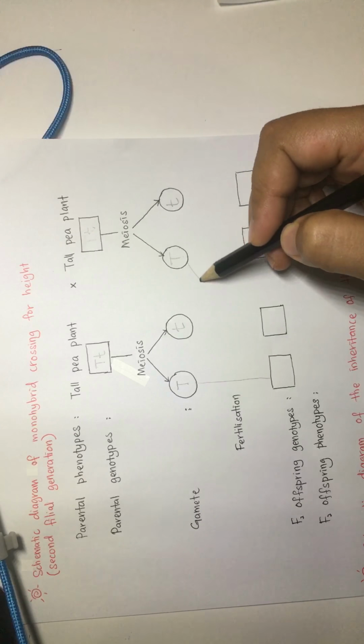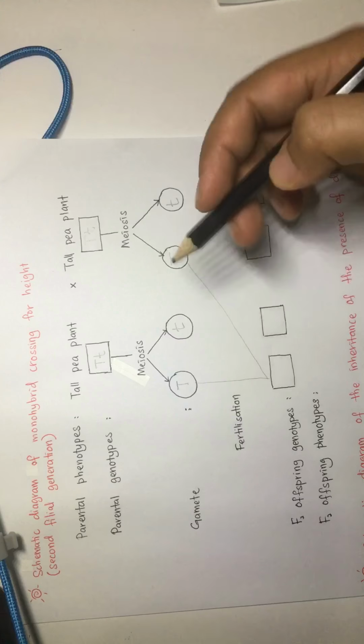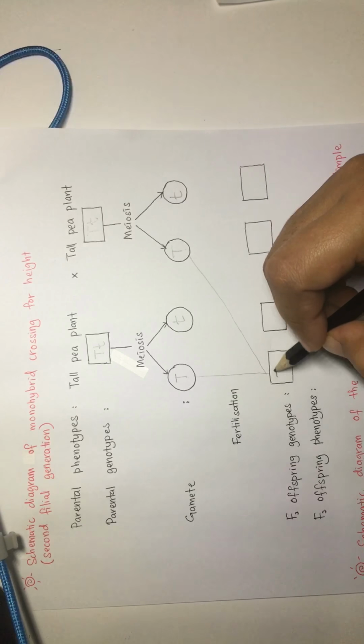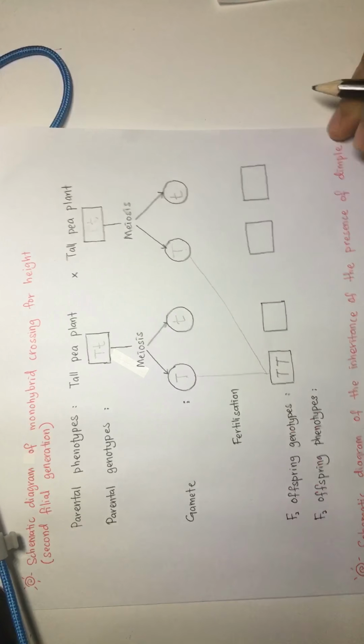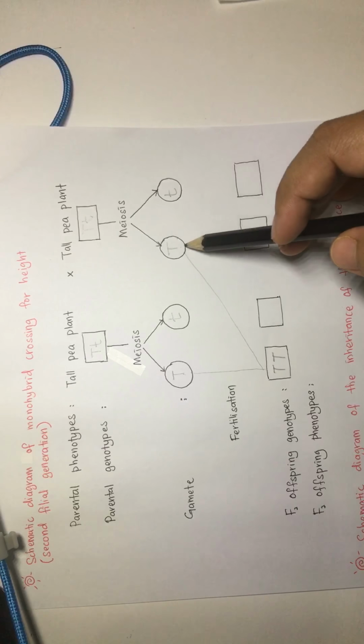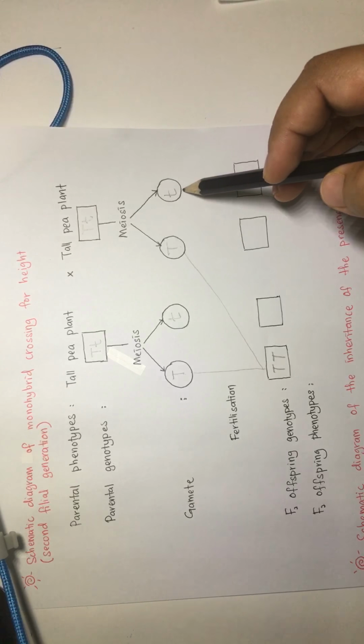Remember, you need to use a ruler for this. Don't you ever use your hand. So when they combine, it will become capital T. Okay, done with that one. So for this one,